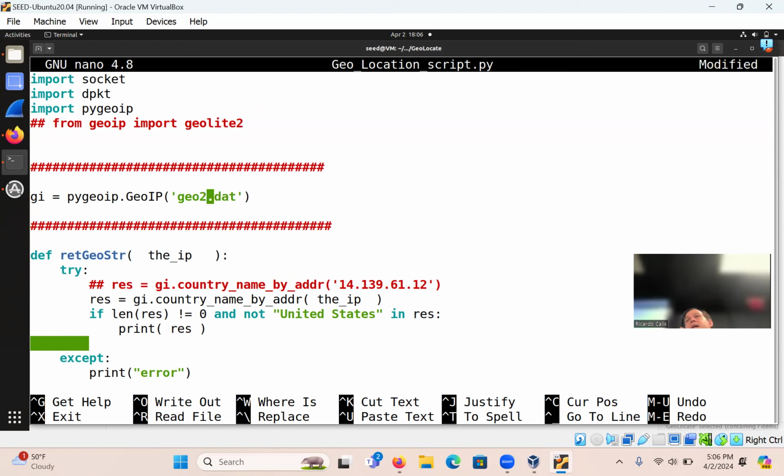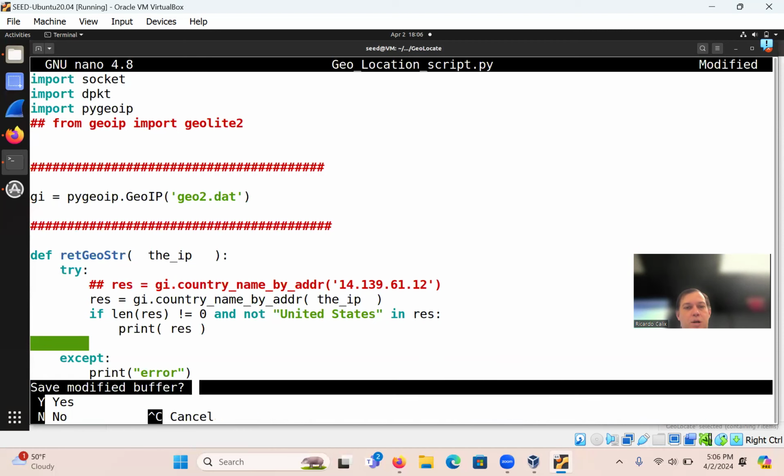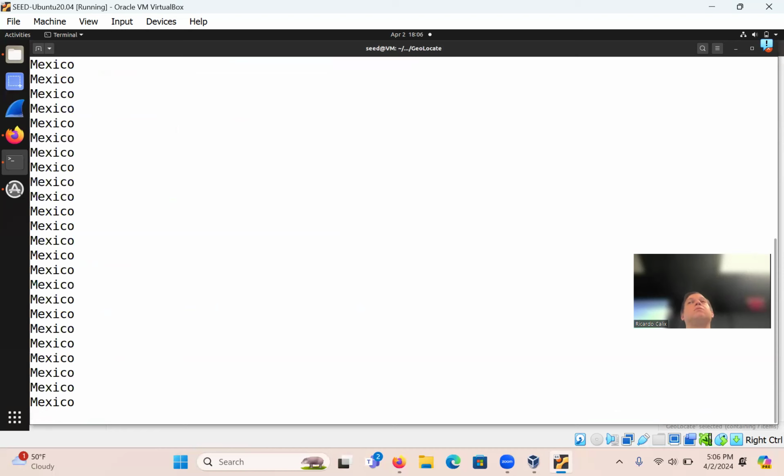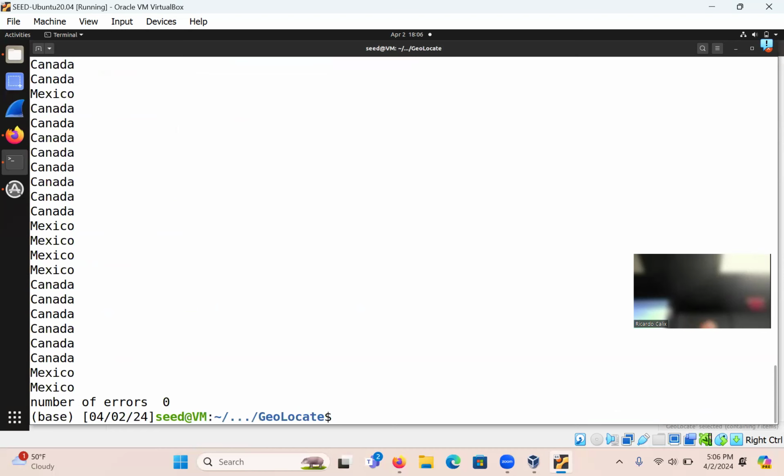I'm going to try that Geo2. Now, the reason why I have these databases is that this used to be free and open source, and nowadays for the updated database, they want you to pay or something. So I don't know the actual price of it. So what I have here is smaller ones, but obviously we saw that it will work for Japan. So let me try these just in case. Oh, so there you can see